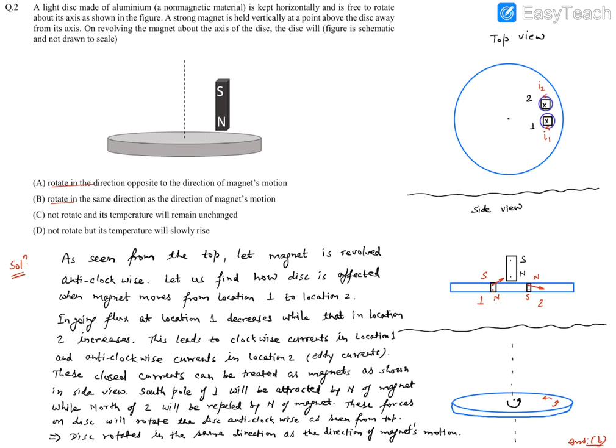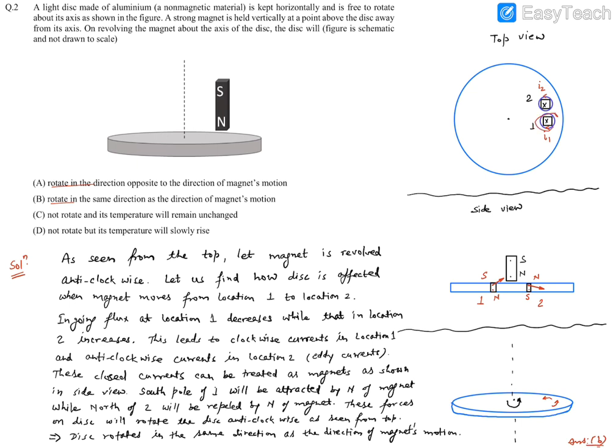Now, if we see the same situation in a very different way, that means if we put our eye over here and see the side view, how is the side view going to look? The disk is going to look like this, and the bar magnet is this, and this was the first position where it was. Now it has shifted, or is going to shift, to the second position, so I'm looking at the transition. Now at this first position, as we have talked about, the field lines are going in, and these induced currents will be clockwise.